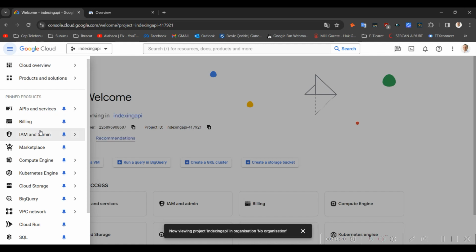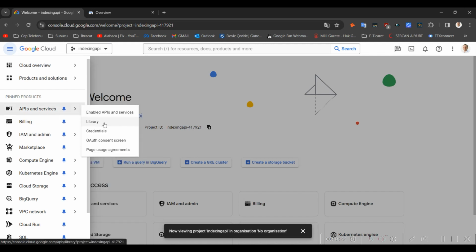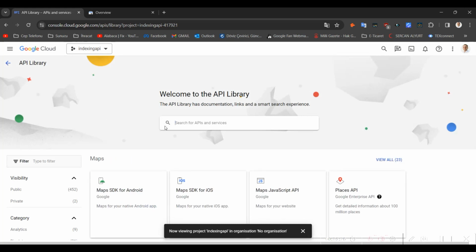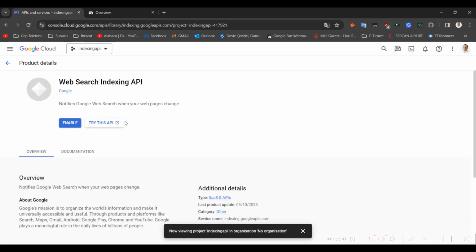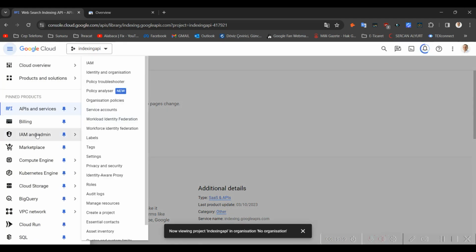After that, you will go to library, index. You will enable the indexing API. After that, you go to the service account.